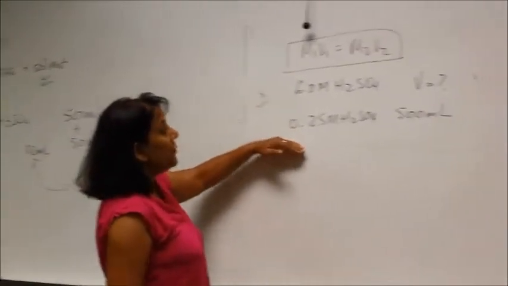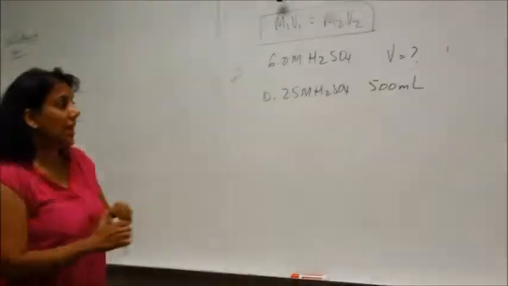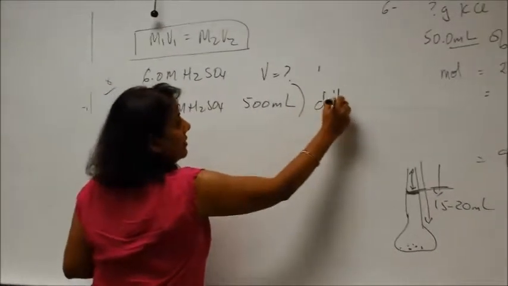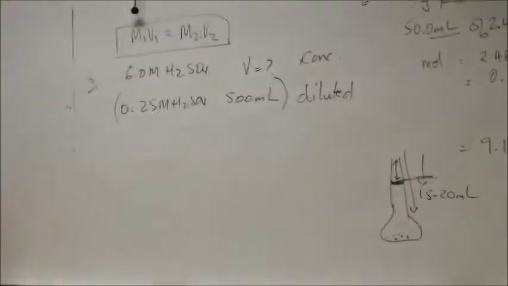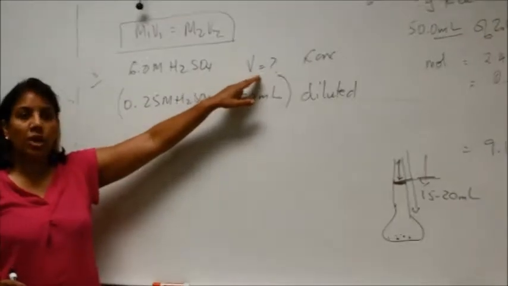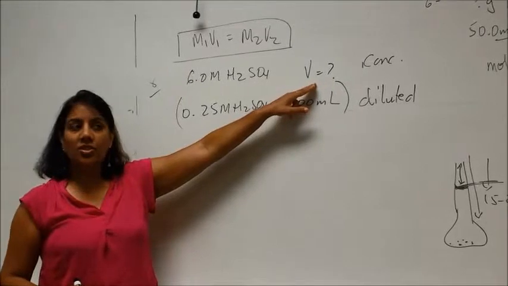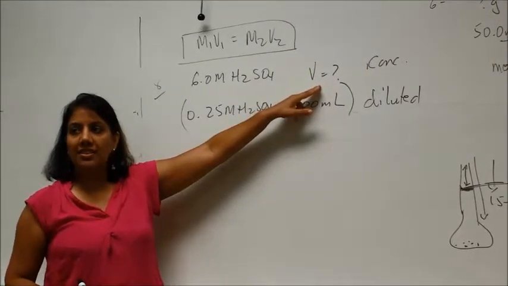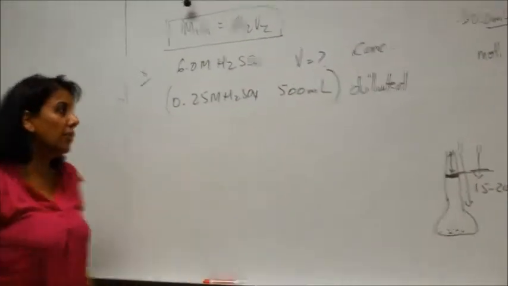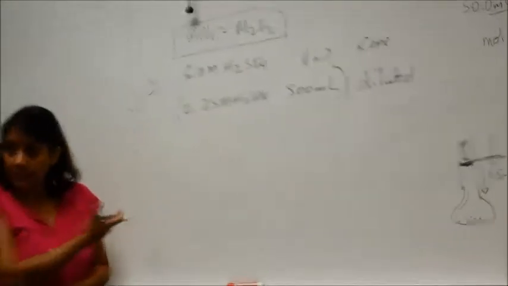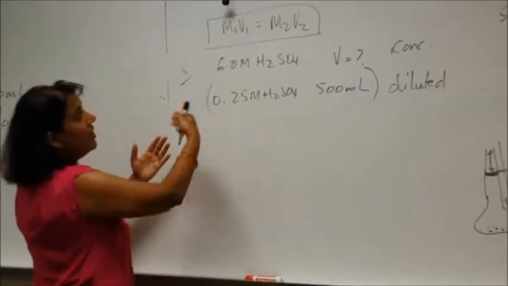So here also, it is a ratio thing. Here also it's a ratio, but sometimes this is the diluted and this is the concentrated one. Do you think you will need less volume over here or more volume here? Less or more? Pick one. Okay, less. We'll find out. Whichever one, the diluted or the concentrated, is your M1, the other one is your